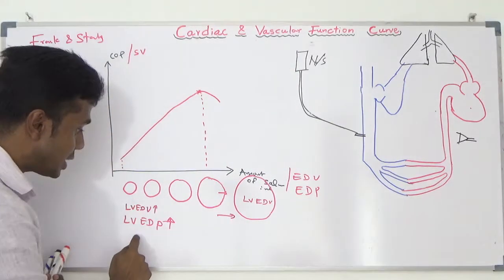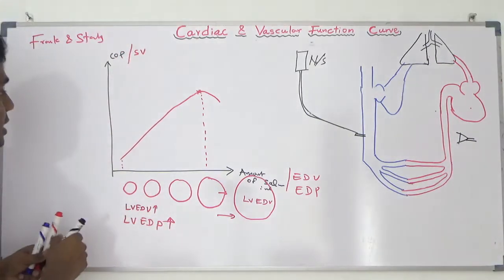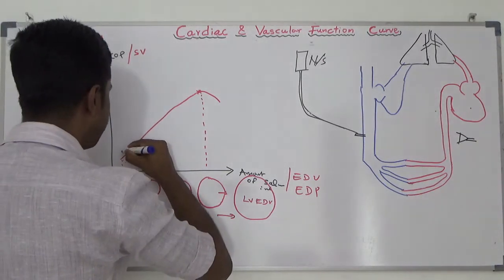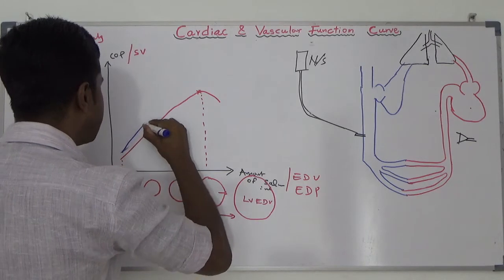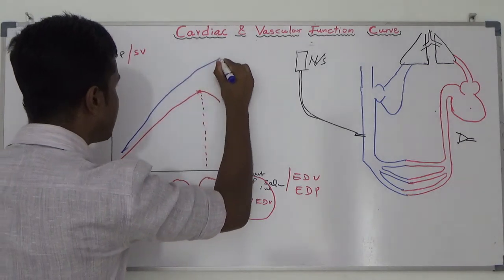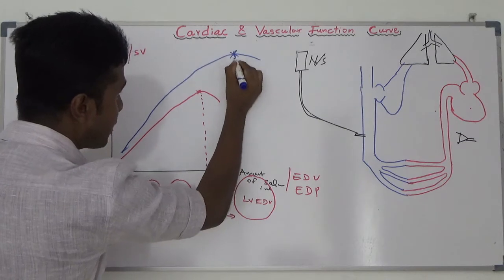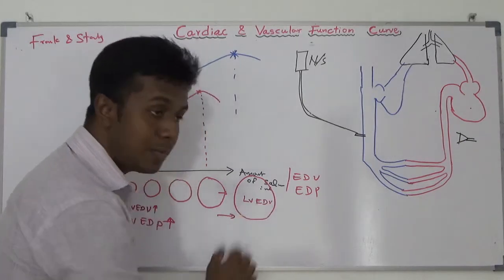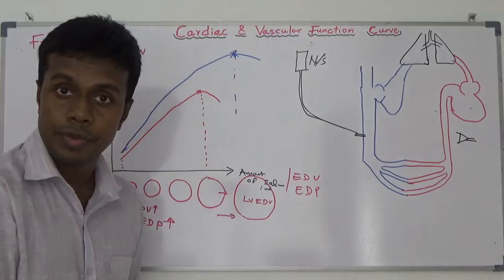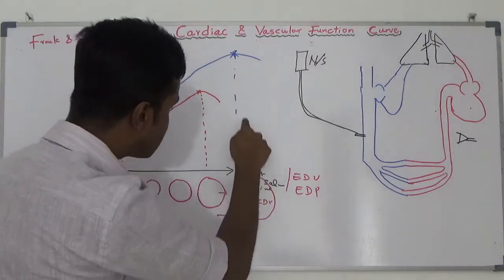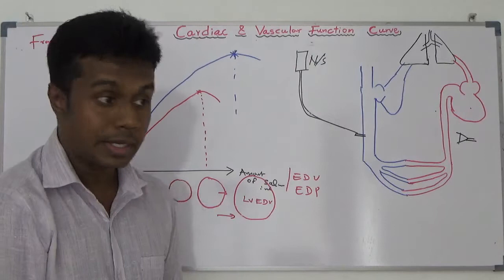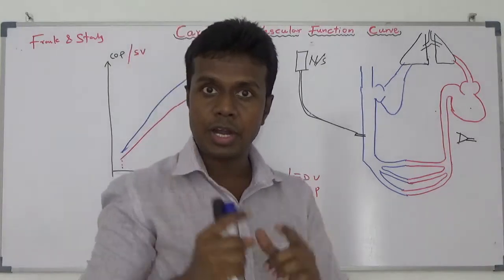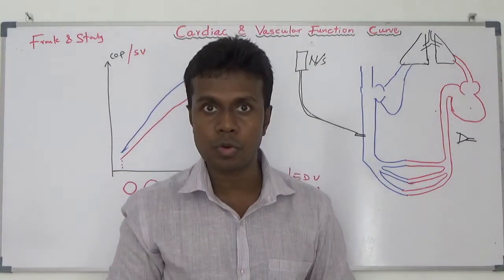When I increase the end diastolic volume, his ejection or stroke volume, his cardiac output, is much higher than mine. His failing point is also much more toward the lateral side, not like me. He can accommodate this much volume as well. I can't accommodate this much volume. My heart failed from here to here, but his heart failed from here to here. He can accommodate this much volume even without trouble. If you have a good, young, healthy heart, you can accommodate much more volume.